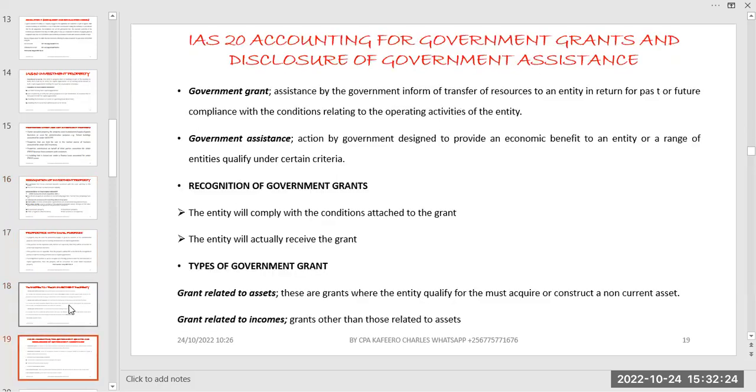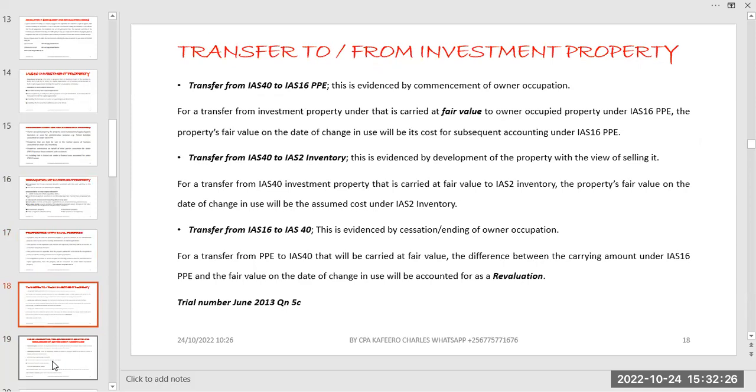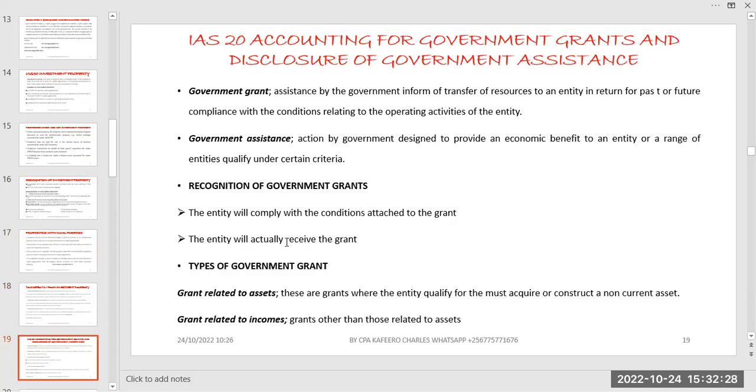Okay. The next standard is these are grants,